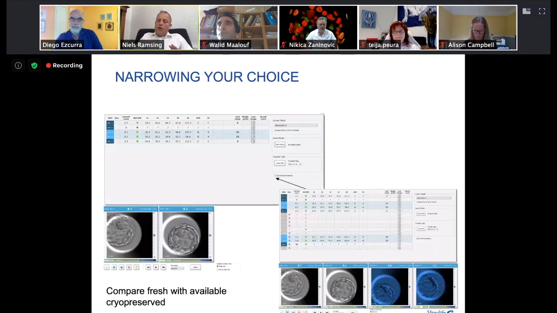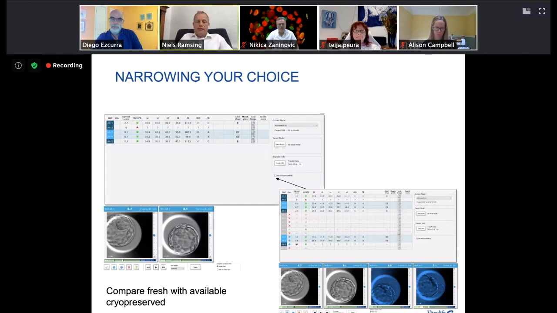Still, I think with all these decision support tools, it's still important that the embryologist remains in charge. And that's where it's important to be able to compare the full cohort of embryos that are available for a particular treatment cycle. And these include, of course, maybe different cultivation dishes, but also embryos that have previously been frozen. And many of our customers have requested this, and I'm really happy to say that this is now part of